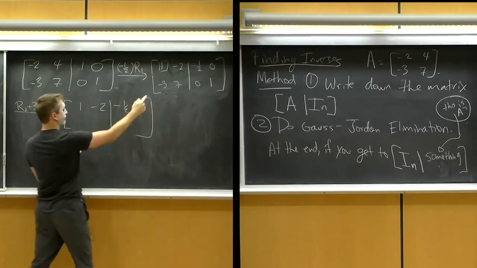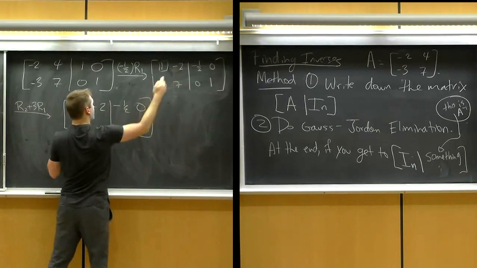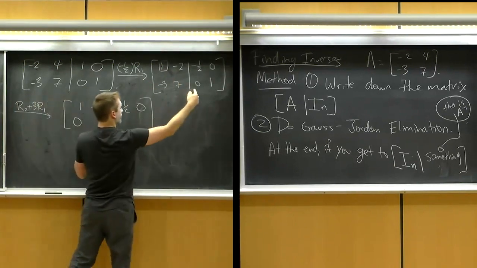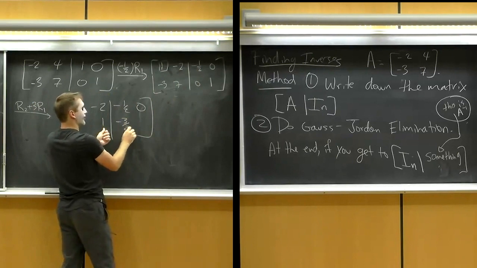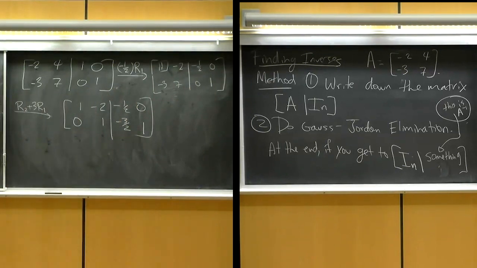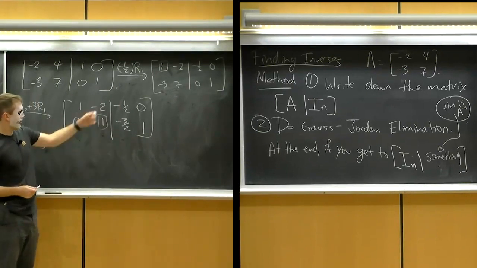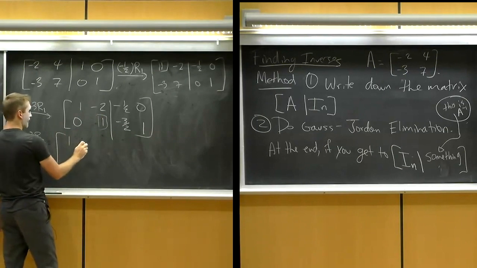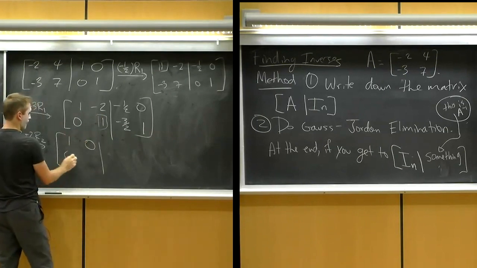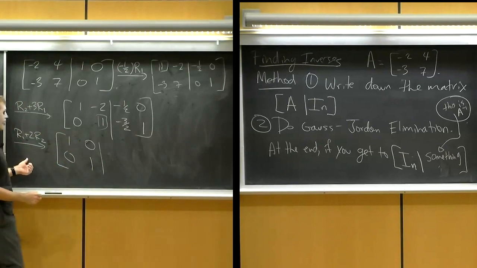Okay, so -3, I add 3 1s, I get a 0. 7, I add 3 -2s, I actually get a 1. 0, I add 3 -halves, I get that. And then this one's 1 because that's a 0. Right, and then row 1, I want to add 2 row 2s because I've actually got my 1 in the correct position already. It was just kind of lucky. So on this side, that's what I'm going to end up with. And then